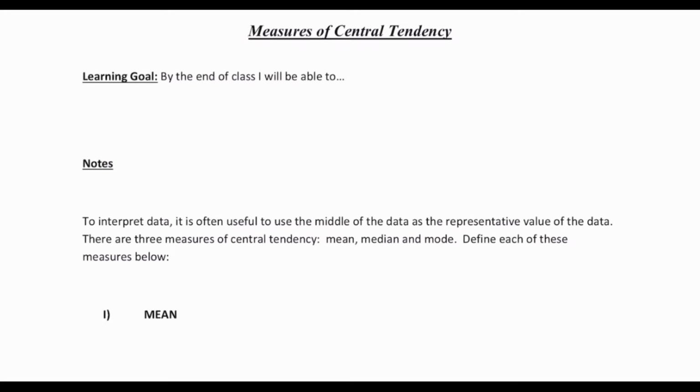So that's why we use measures of central tendency to summarize and make it easier to talk about and just approximate and get a feel for what we're talking about. So what is our learning goal here? What are we trying to accomplish in this part of the handout? By the end of this part of the lesson, I would like to be able to